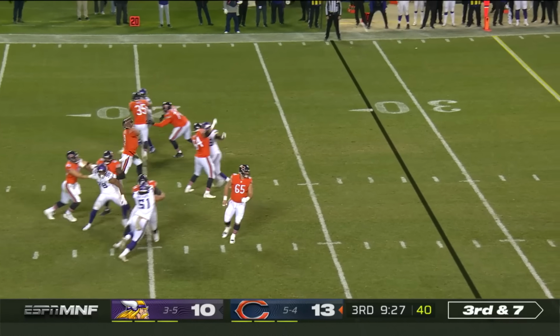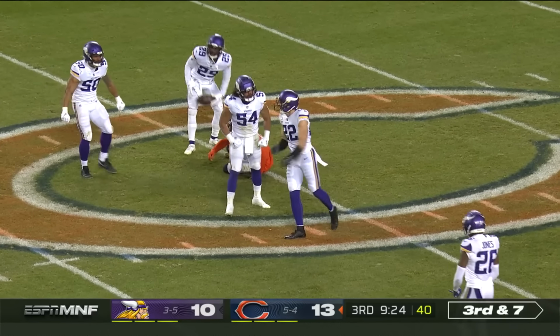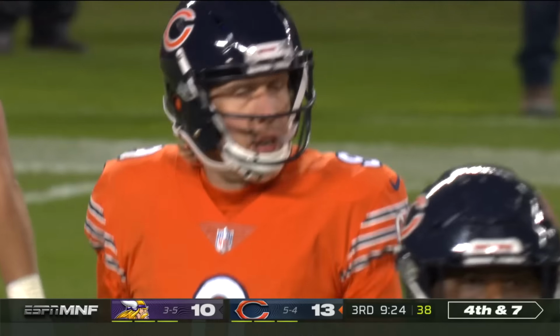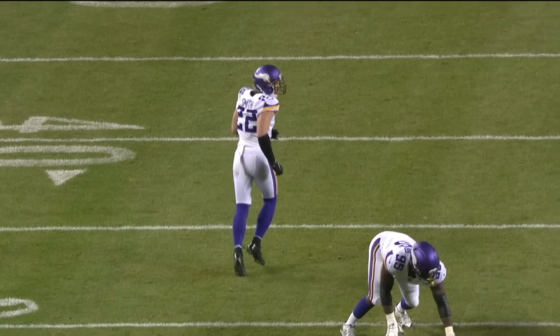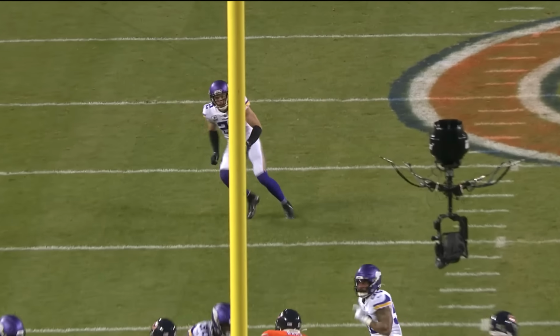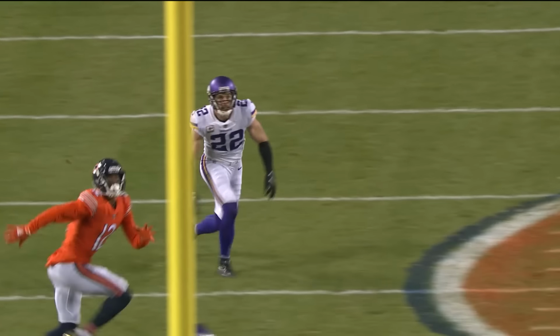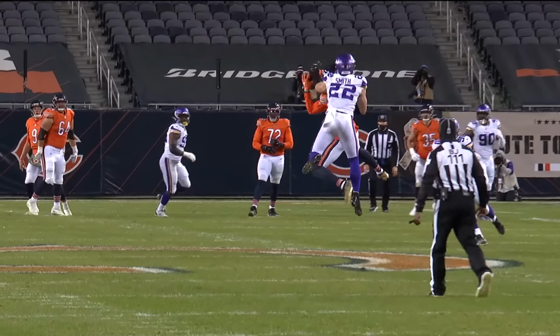3rd and 7. Here's Foles, another clean pocket across the middle, and it's knocked away. Allen Robinson had the opportunity. Another big play for Harrison Smith. Perfect timing for the defender, and it's 4th down. That ball has to be thrown on a line. It's thrown with too much arc, and that allows Harrison Smith the opportunity to come back and make the play. Going to his half safety, he reads that deep dagger coming across the field, and the ball hangs just a